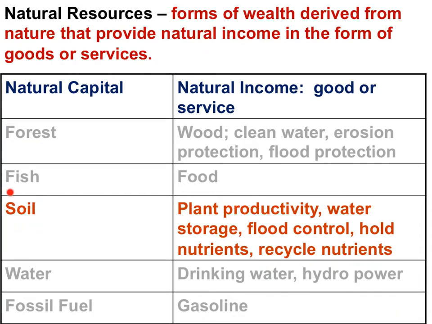Soil is an ecosystem unto itself, but soil is also natural capital from which natural income flows. Now, soil produces the natural income of services mostly, but one could argue that soil's role in supporting primary productivity is natural income as a good. Keep this idea in mind: the quality of soil influences the primary productivity of an area.